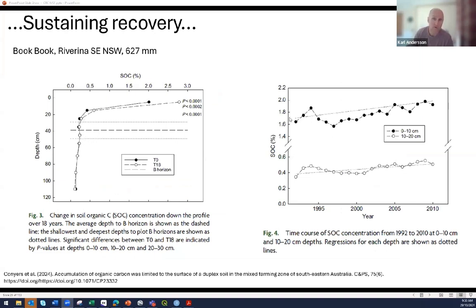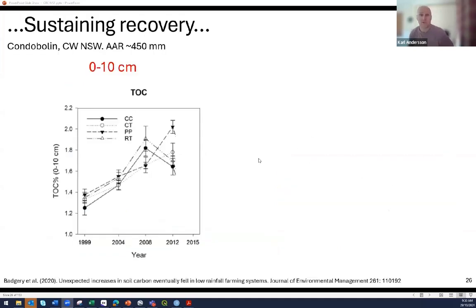And looking at those two plots, this is the very surface, trend up, got this cycling within it. But in this instance, it was where they'd moved from cropping into permanent pasture over that whole time, and we got this increase happening. The key thing about it, of course, is keeping it there, or at least operating within a window.